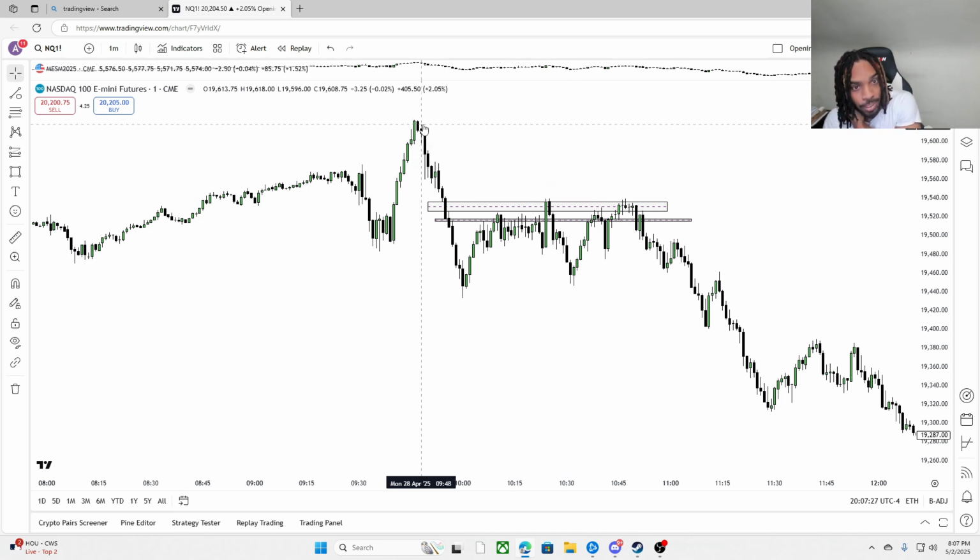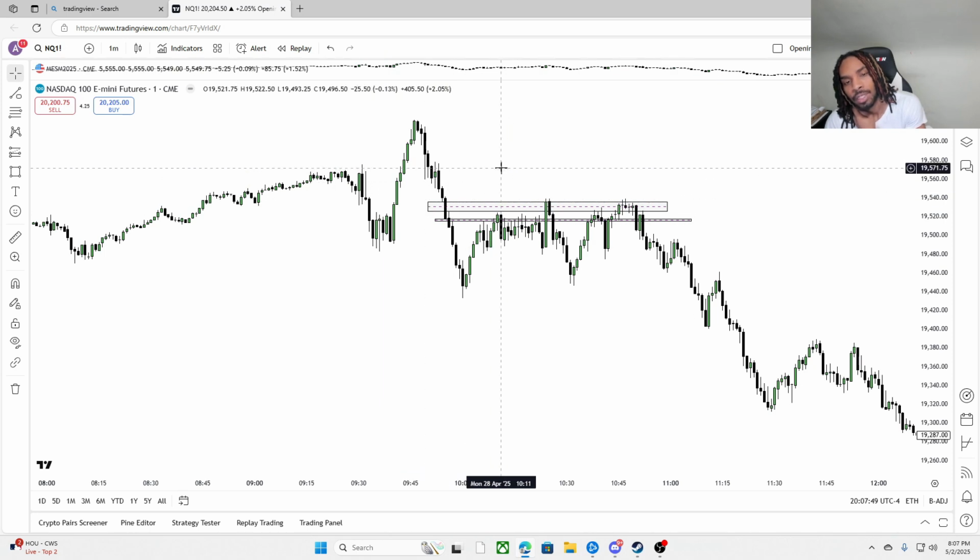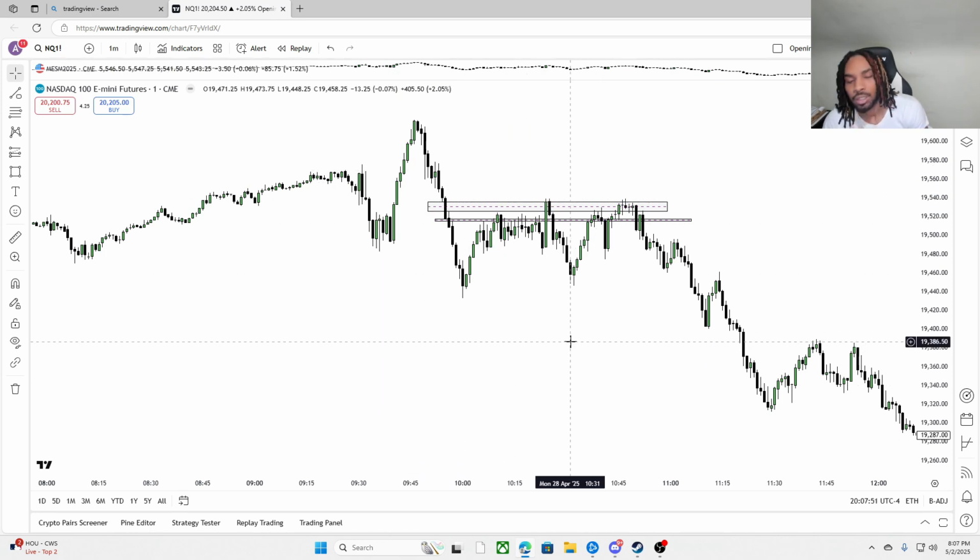But yeah, measure the range. For fair value gaps when you're going short, you use those in a premium above 50%, and vice versa if you're going long. If you measure the range, the fair value gaps that are under 50% in a discount are the ones you buy to go long. I think I said that wrong. If you're going short, fair value gaps above 50% in a premium are what you use to go short. Boom.